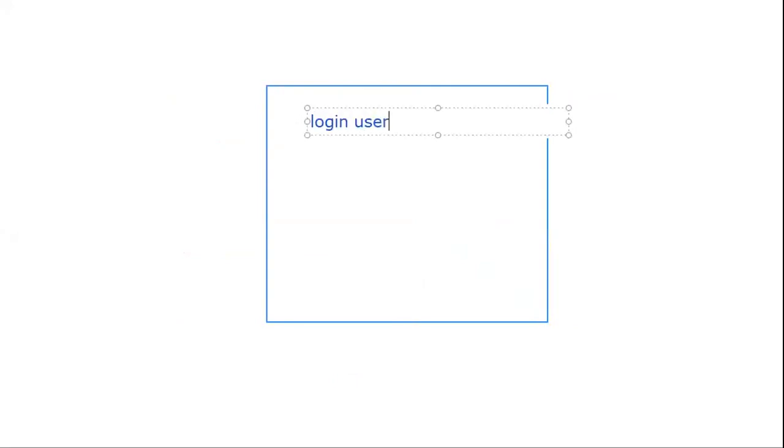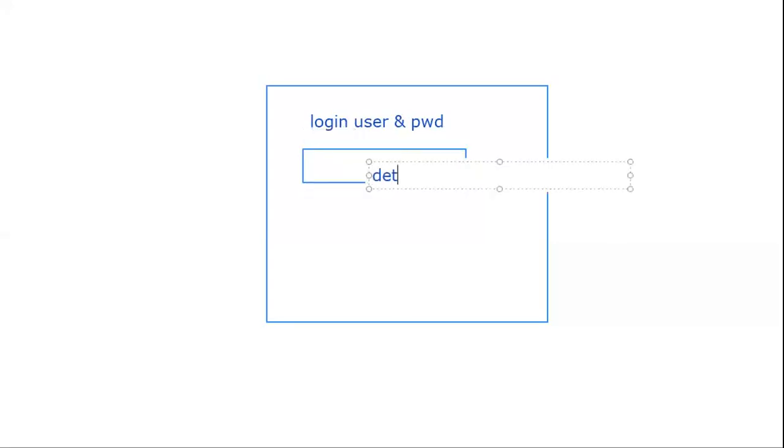Then in login you will log in with a username and the password. Once the login is successful, you will move to another form where it will ask the details of the student.